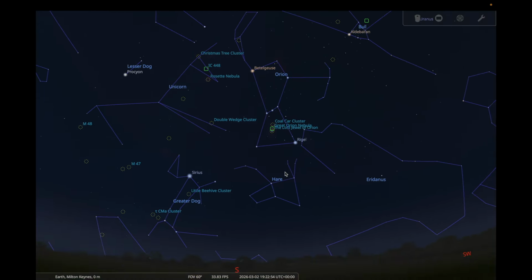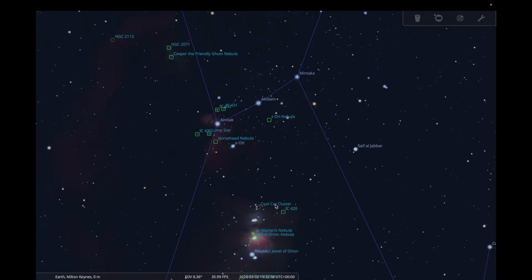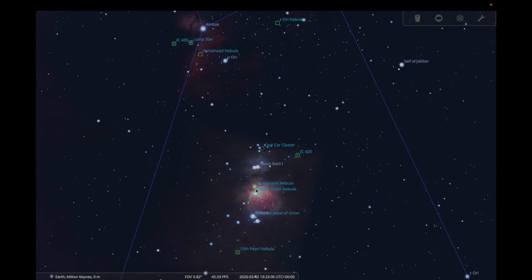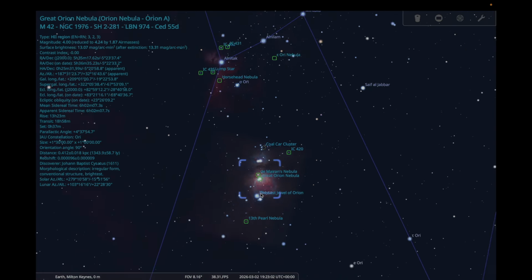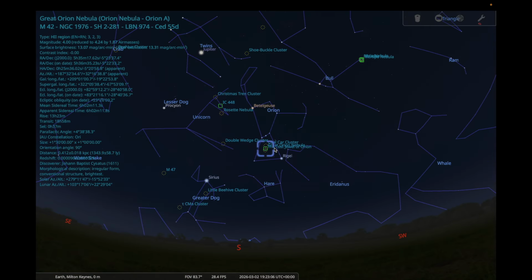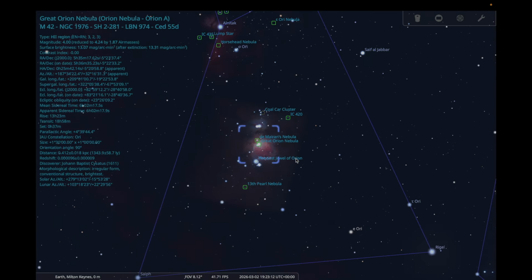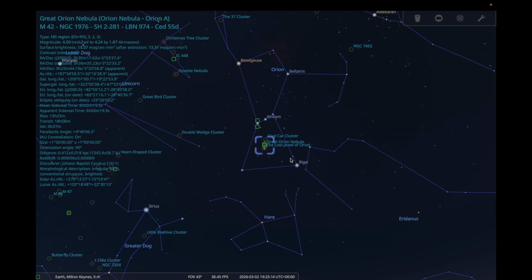So you can clearly see there's Orion here, and the Orion Nebula is here. So that now you can know the Orion Nebula is gonna be visible tonight. So you can choose to photograph this nebula tonight if it's clear,